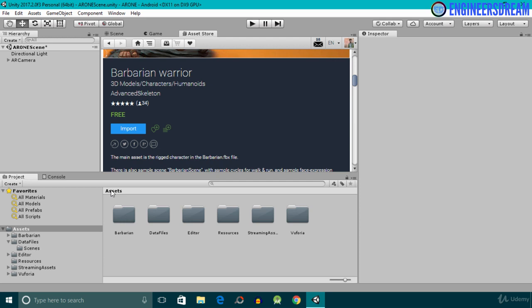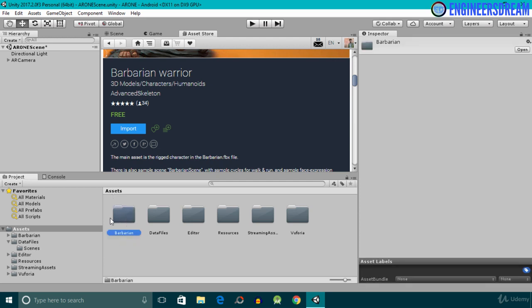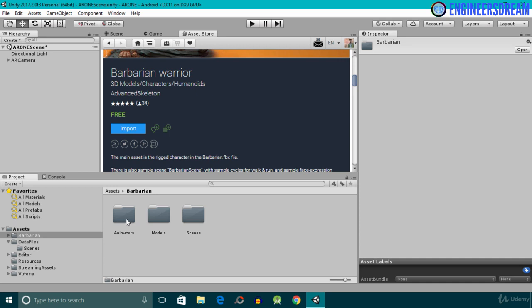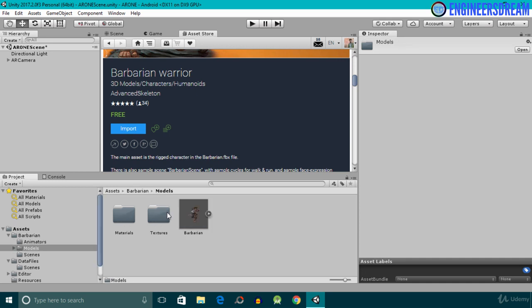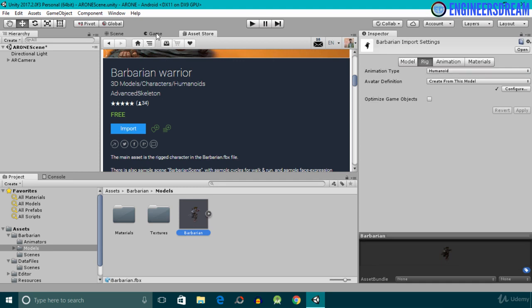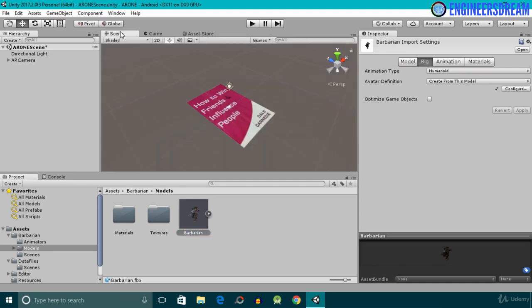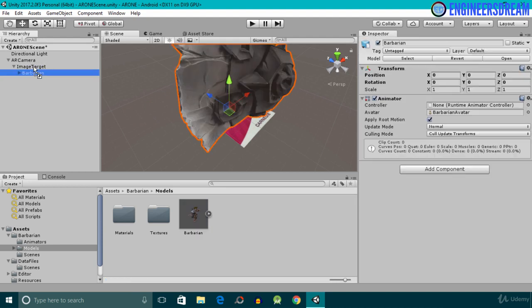Next, if I click on the assets folder, then as you can see, we now have this new folder called Barbarian. If I open this folder, then inside the models folder, we have this Barbarian Warrior asset. So I'll click on the scene panel, and after this, I will drag this Barbarian model inside the hierarchy and make it a child of the image target.